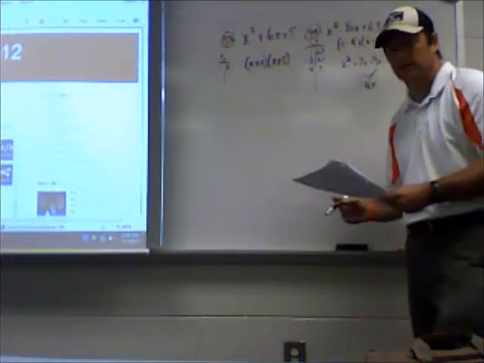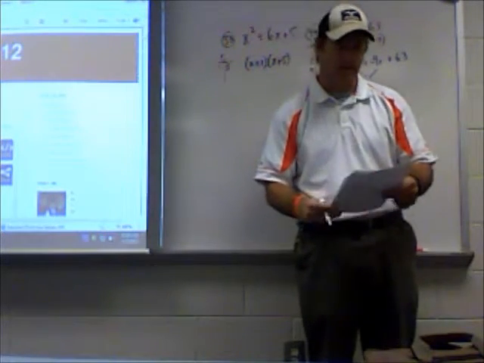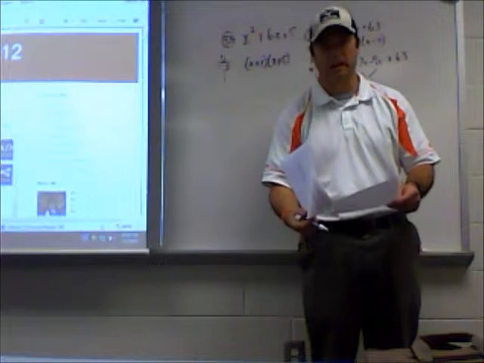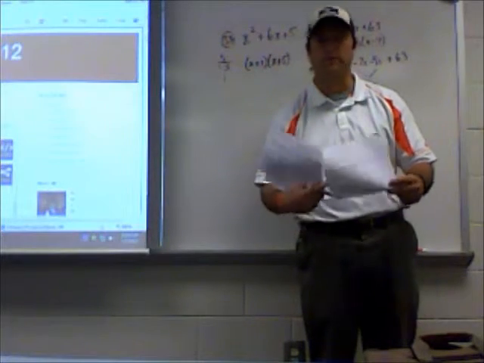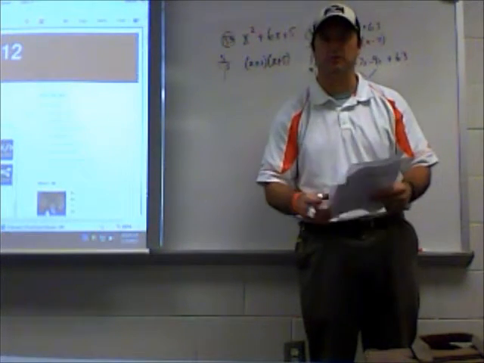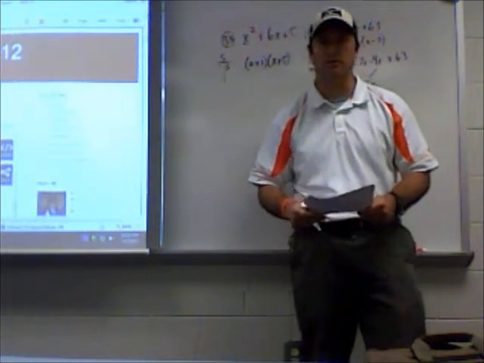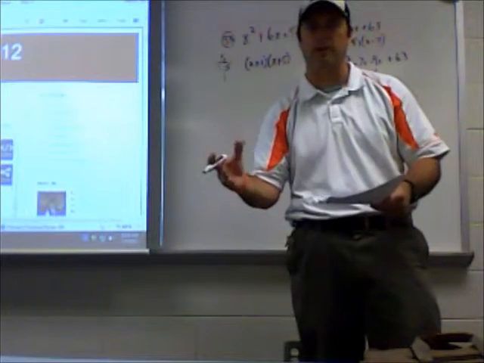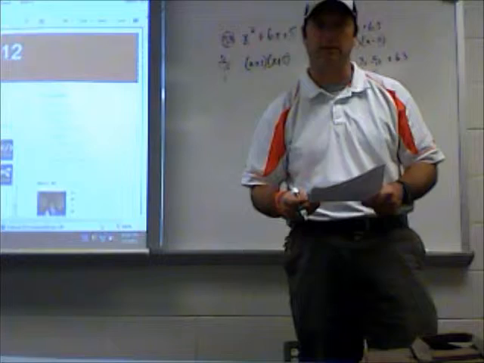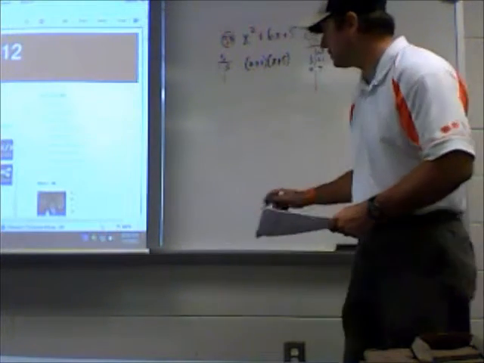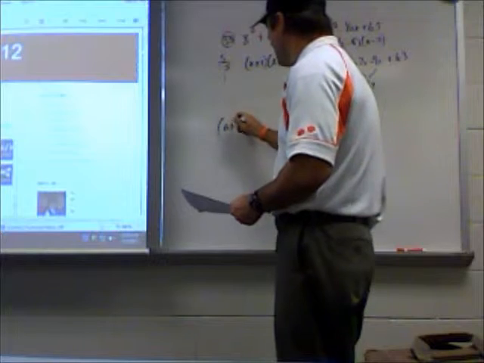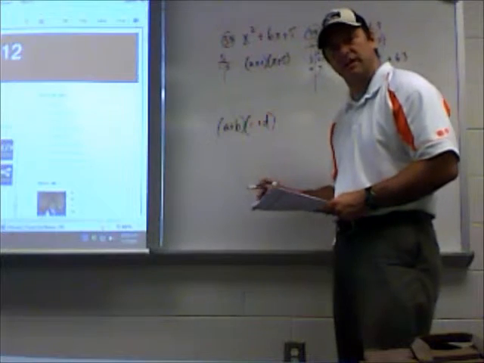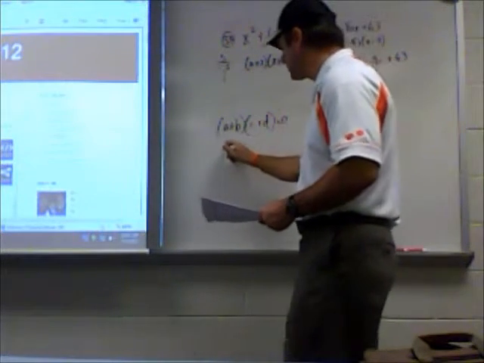And then again, I stop right here because it's not equal to 0. If I take a quick sneak peek ahead at numbers 37 through 39, I notice that those are all set up equal to 0. Or if they're not set up equal to 0, that's the first thing you have to do to them. One of your quiz stars is solving for x. That's a linear equation. You just get your numbers on one side, variables on the other. Then there's another one that's solve for x by factoring. When you have to solve for x by factoring, after you've got what you think the answers are, let's say the answers are a plus b and c plus d, you set each of those factors, whatever they are,